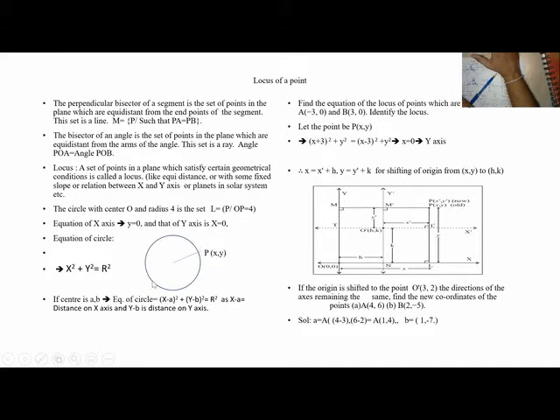So similarly, this is another locus, a set of points at a distance of r from the origin. So x square plus y square is r square, this is the Pythagoras rule. If the center is (a, b), then the equation of the circle is (x minus a) whole square plus (y minus b) whole square is r square, a set of points at a distance of r from (a, b). So this is called the locus of a point.